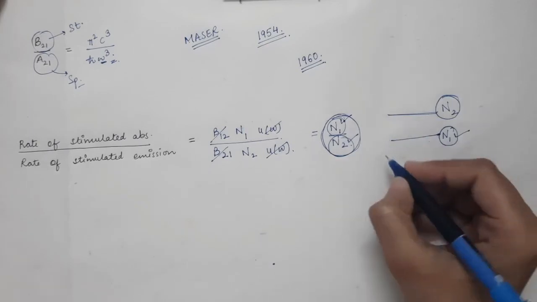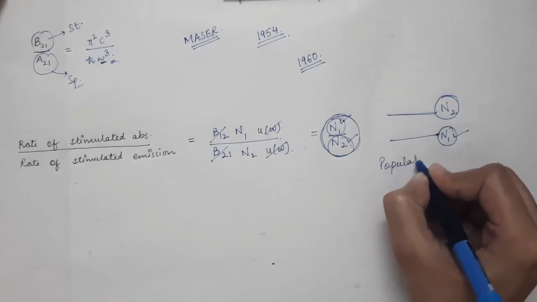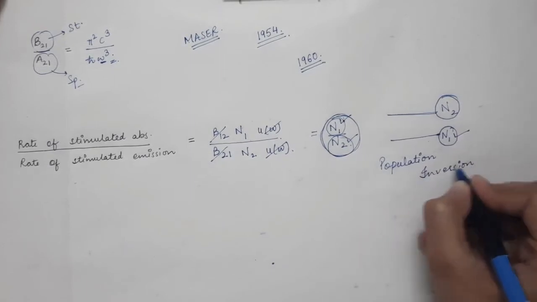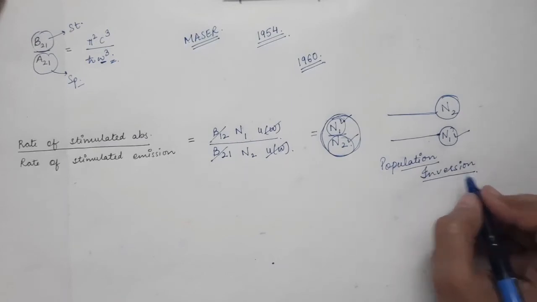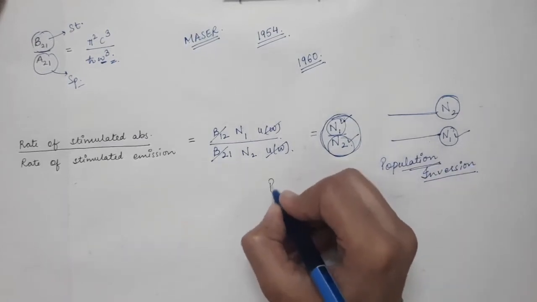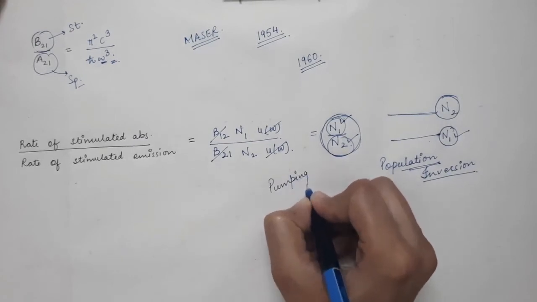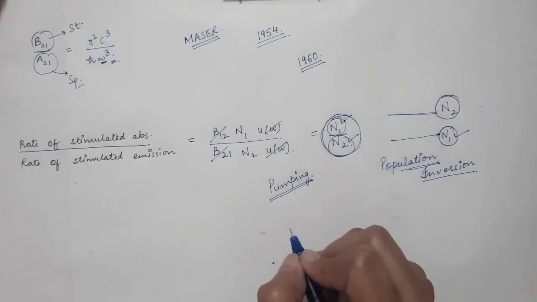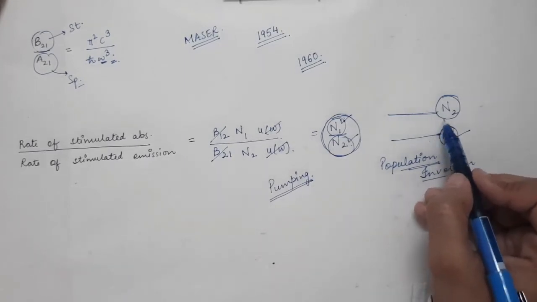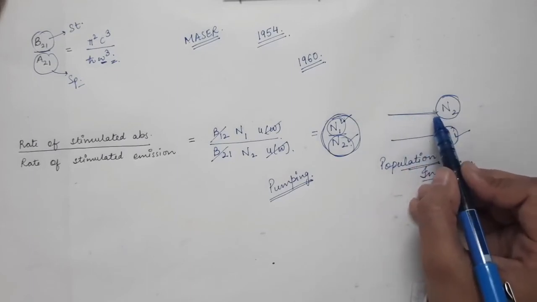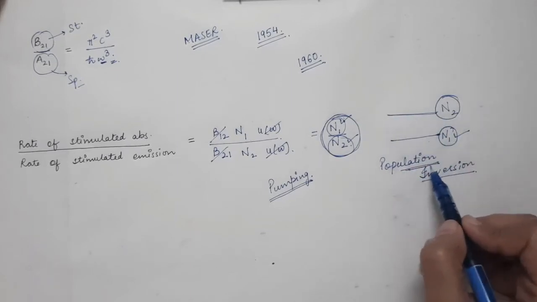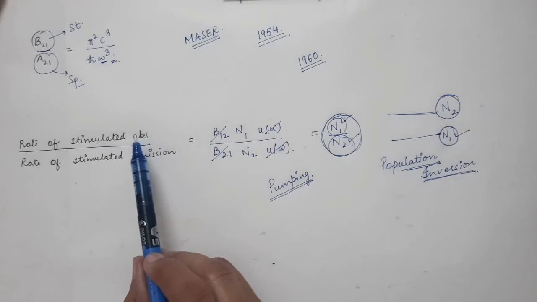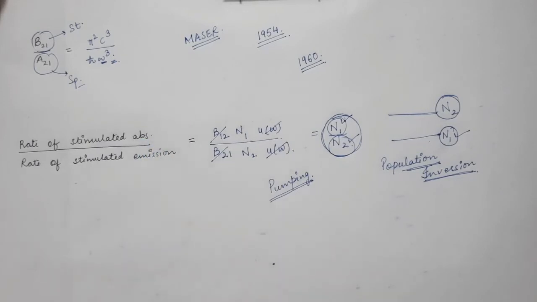This is called population inversion. We want the condition of population inversion to be present for lasing action to occur successfully. Therefore we need pumping. While discussing the components of a laser, we will discuss various methods of pumping. Pumping is used to increase the population of the excited level as compared to the lower level, so that the population inversion condition can be achieved, stimulated emission will dominate over absorption, and hence lasing action can occur successfully.